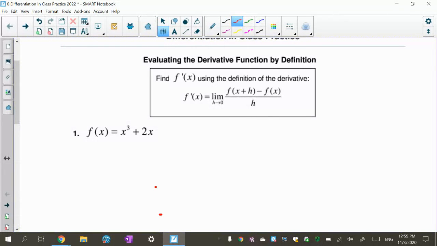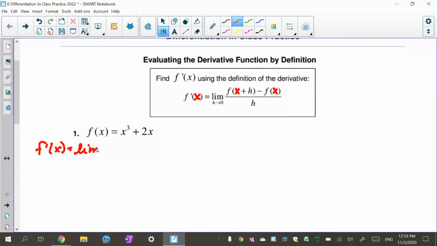All right, so the first one is we're going to be using this definition right here. And notice we have x's in this spot where we used to have a's. So now we're actually evaluating the derivative function, so we can put in any point we want when we're done. We just don't have to do it as a certain number at a certain time. So the first one we're going to do is f prime of x